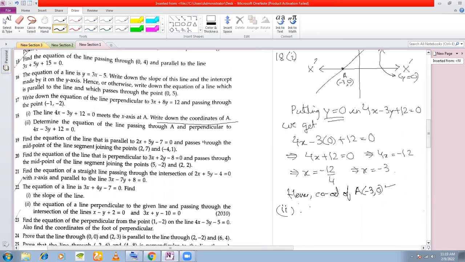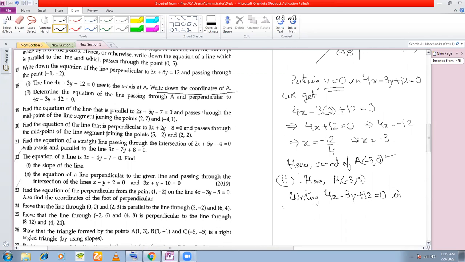Okay, so here, let's write here. A is the point minus 3, 0. Now you need to find out the equation of a straight line which passes through A and is perpendicular to the line 4x minus 3y plus 12. So first let us find out the slope of the given line. Writing 4x minus 3y plus 12 is equal to 0 in the form y is equal to mx plus c,